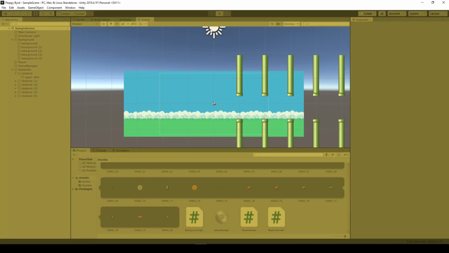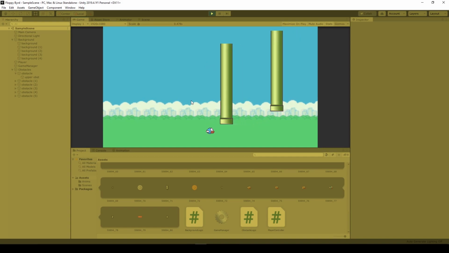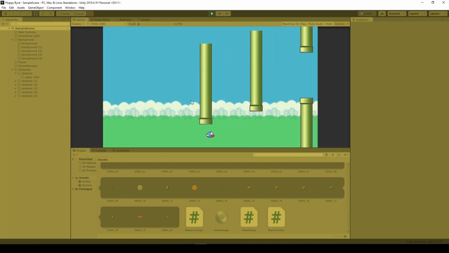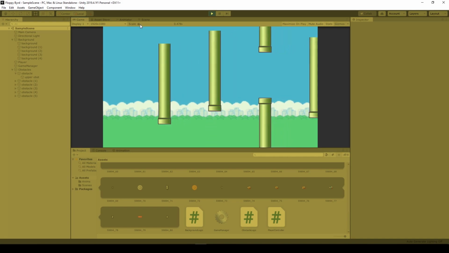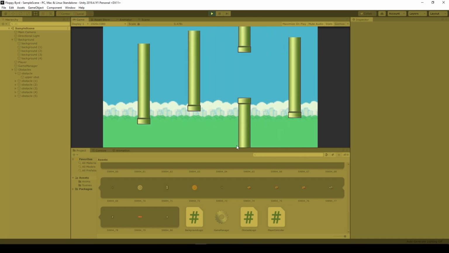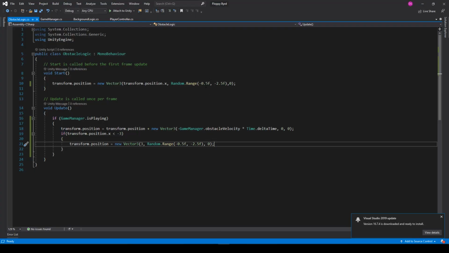But right now, as you can see, there's a mistake in value because that's not what we wanted to achieve. Okay, turns out I forgot it shouldn't be 2.5 but just 2